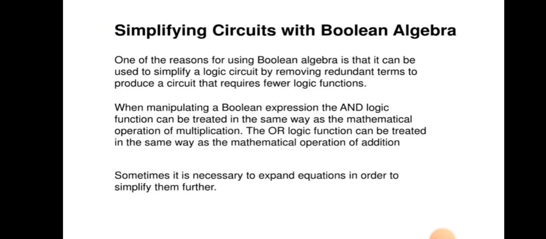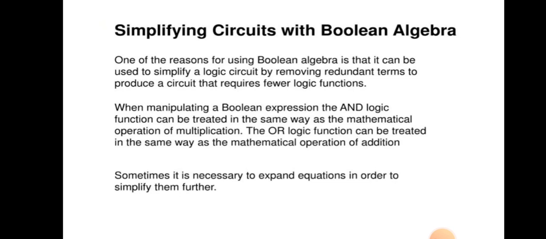Because if you are given a complex or a very large circuit which consists of so many AND gates, so many OR gates, so many NOR gates, I mean to say, if the circuit is very complex, then you have to simplify it and reduce the number of gates to be used for that particular circuit. So for this purpose, you first have to solve the Boolean equation, and when you get the simplified equation, then you can draw the circuit for that equation.